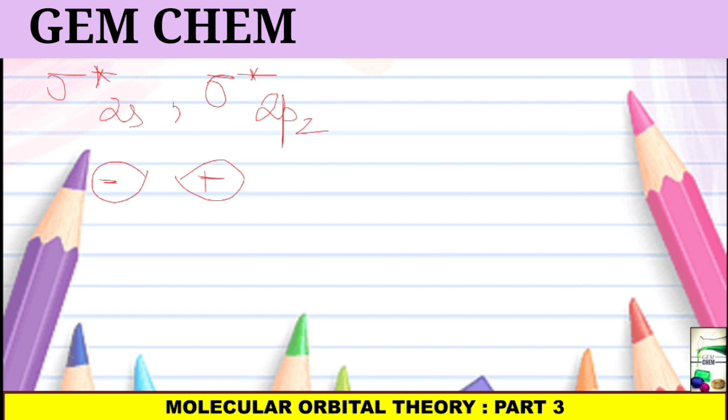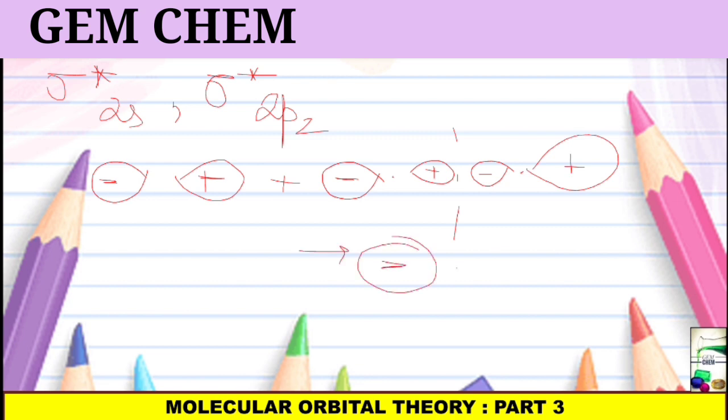As a result, antibonding molecular orbitals will be generated by their combination. Positive, this will be negative, this will be positive. So on this combination we get it as, this is our negative part, this is our positive part, this is our negative part, and this is our positive part. So this is our strongly antibonding orbital,